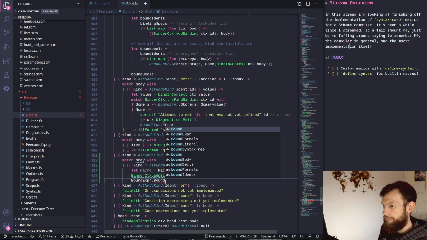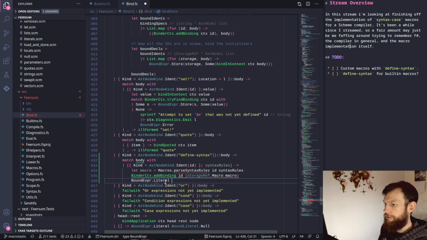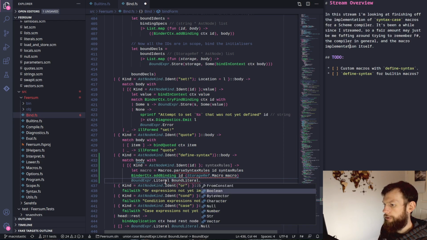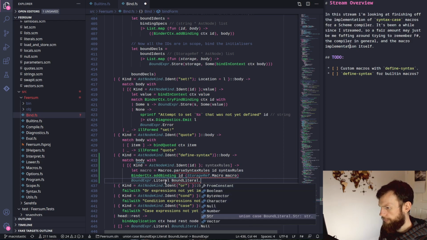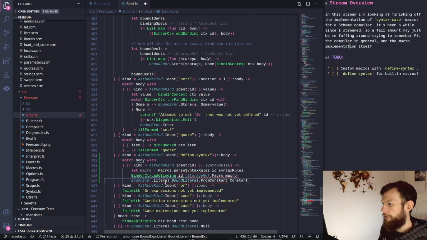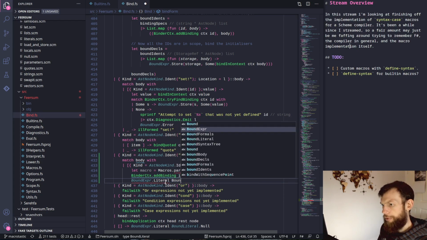Bound expression dot literal, bound literal, character, boolean, constant. How far down does this go? Bound. Well, how do we